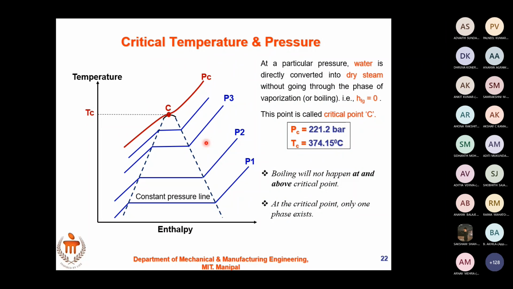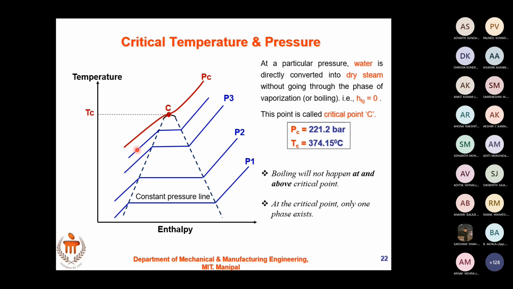I didn't understand the statement. Boiling will not happen at and above the critical point, but to take it to the critical point, you have to boil the water. Yes. Beyond that, there is no boiling, meaning there is no conversion, there is no wet steam formation at all. Directly, I have superheated steam. But to bring it to the superheated steam, why will boiling not happen at and above the critical point? At this point, we are talking at this point. Beyond that, you have to raise the temperature. You would still have to boil that wet steam. Is that what they're trying to say?